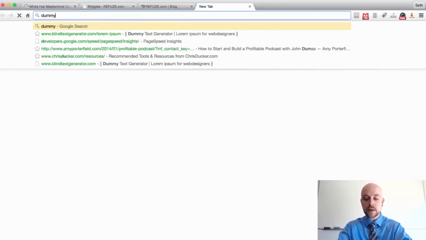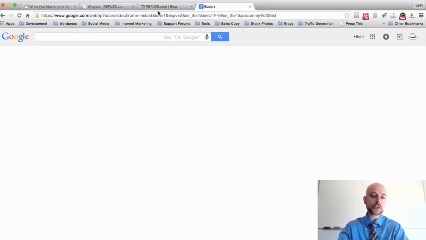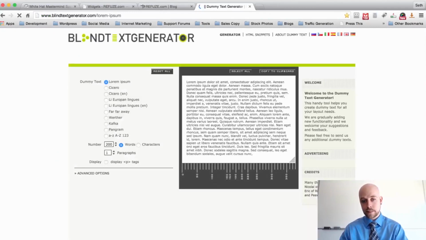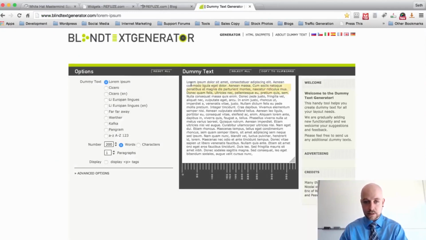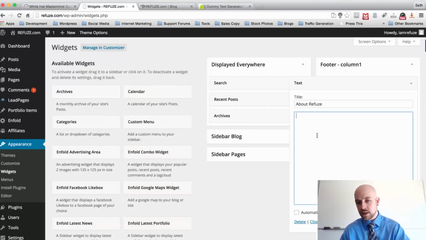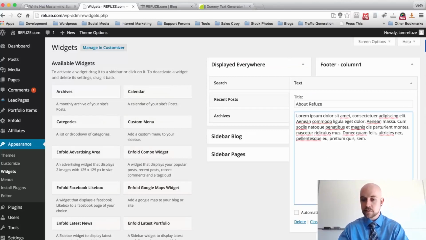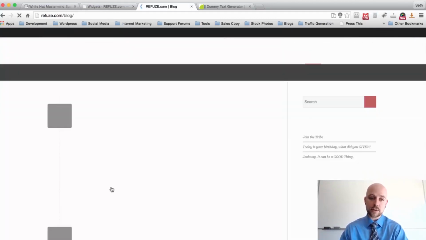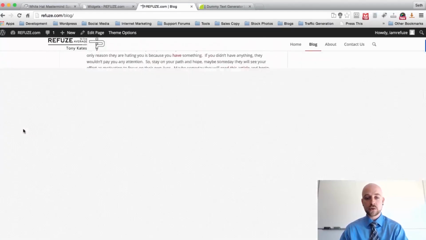If you just type in dummy text in Google and hit search, it'll bring up the dummy text generator. And you can just simply grab some text here, go back over to your widget area and paste that in here. And then we can follow it up with a little link here. Okay, we'll just pretend this is a link for now. And hit save changes. Now if we go back over to the main site, and we're looking at the footer right now. If we scroll down to the footer,